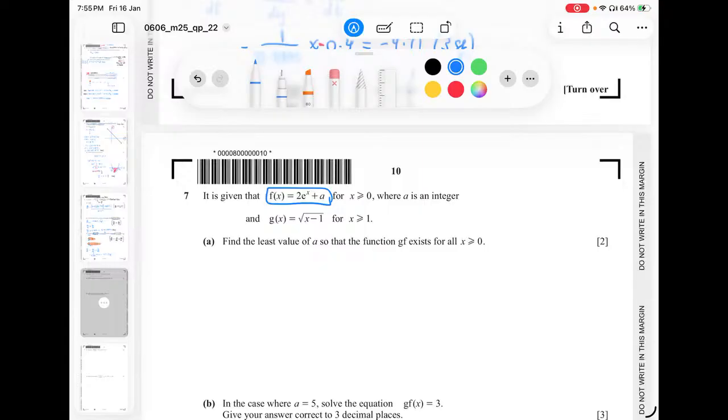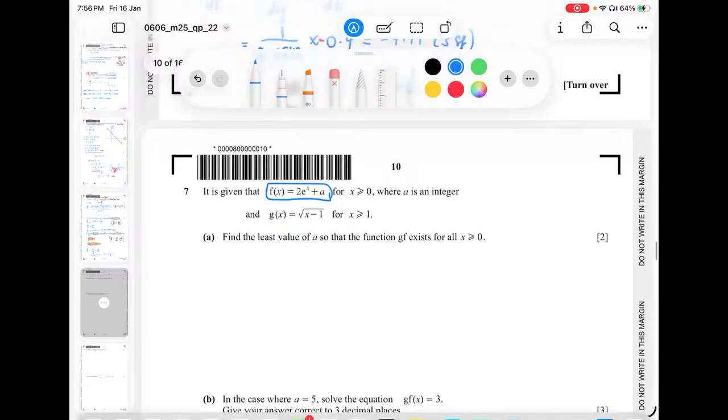Okay, so this question is basically telling us that for x greater than or equal to 0, gf should exist. So gf means you need to use f first and then g, and it should exist for x greater than or equal to 0. So then the least value of a. So the least value of a is basically when you have two domains over here. So which one to take? Because they are telling us the exterior function is g and the interior is f,